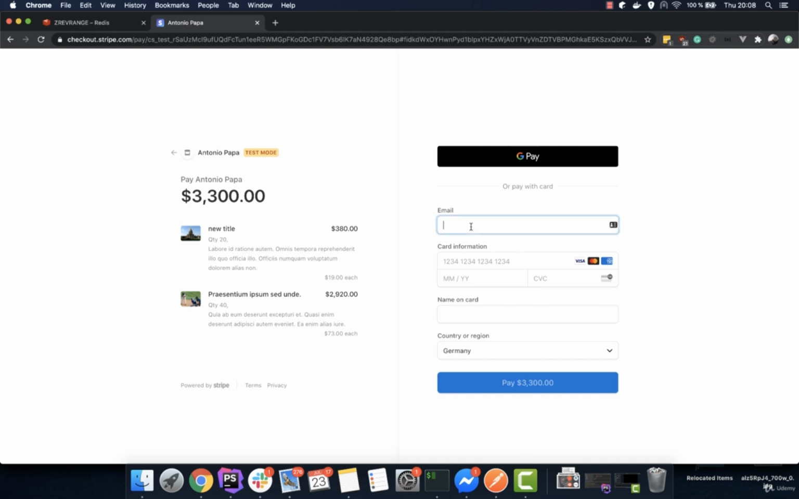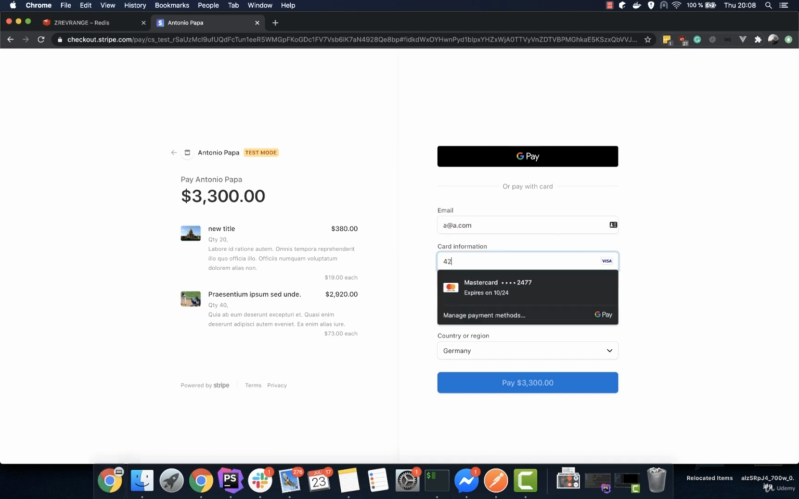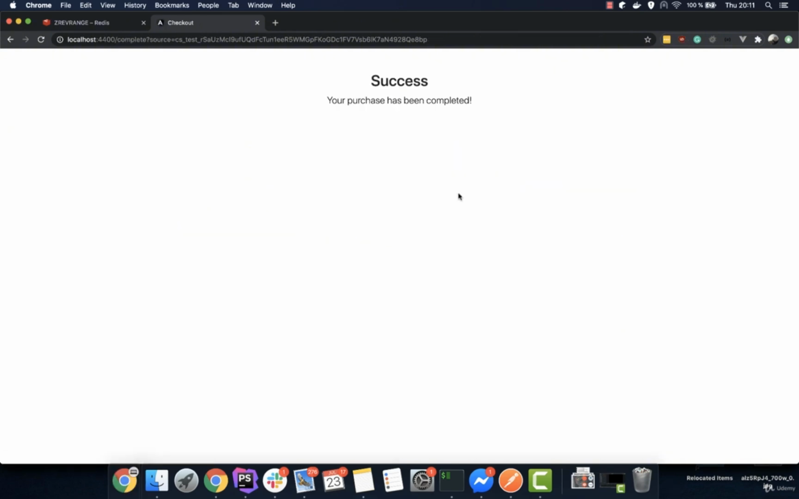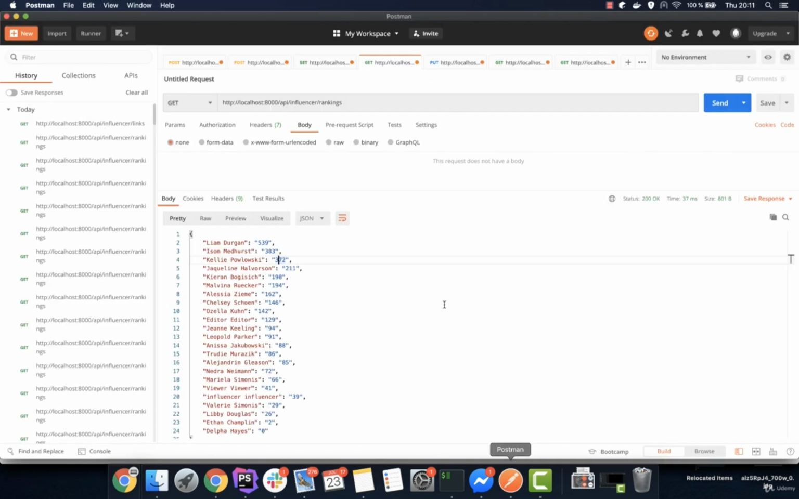Now we have to pay here, so the email is the same, the card is, and the name of the card is just A. Now let's pay. So now we can see that the purchase has been completed. So let's see our rankings. Now it's number 3. Let's send the request again, and we can see that this user now is number 1,